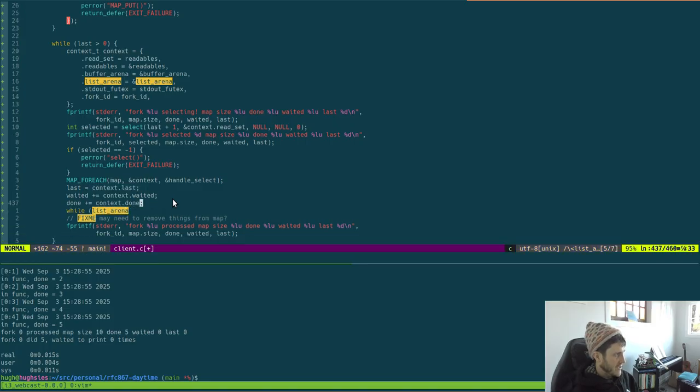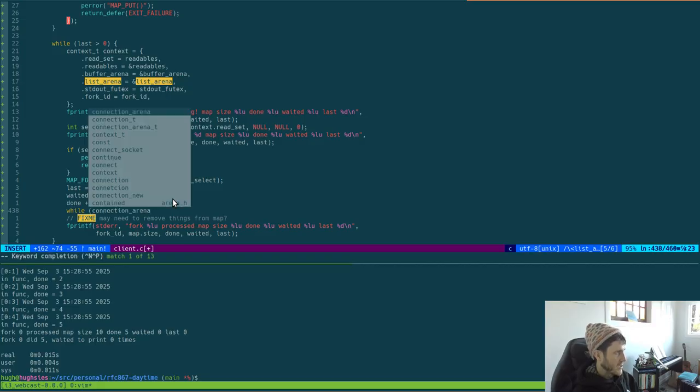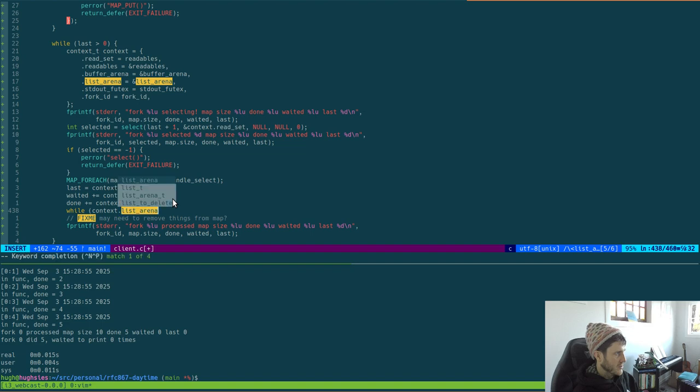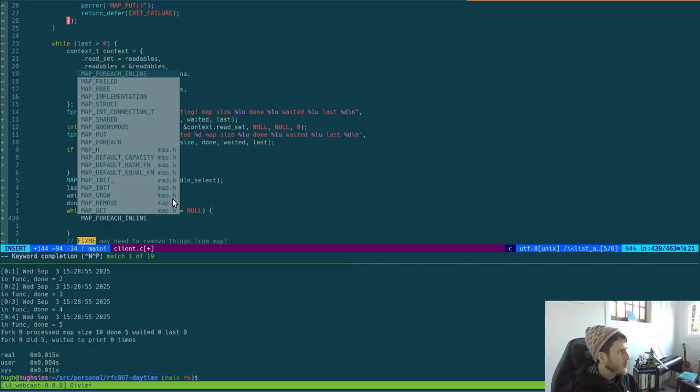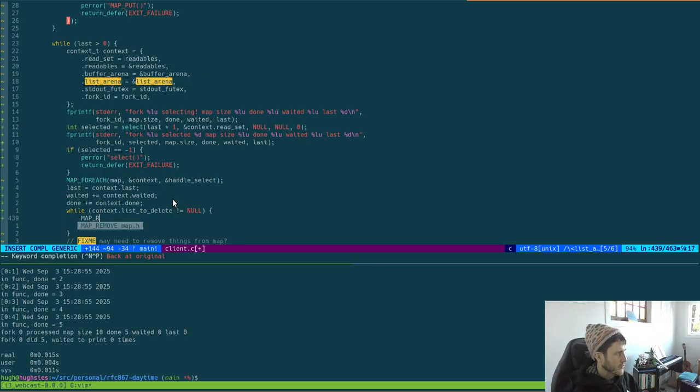I mean, do we need to check context dot list to delete not equal to null? So while there is something to do, what we want to do is map remove. Is there a remove? There is a remove. It probably wants a map, I guess, and it probably wants our context dot list to delete